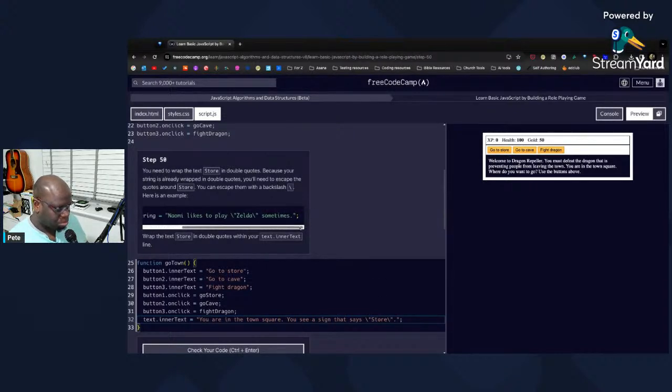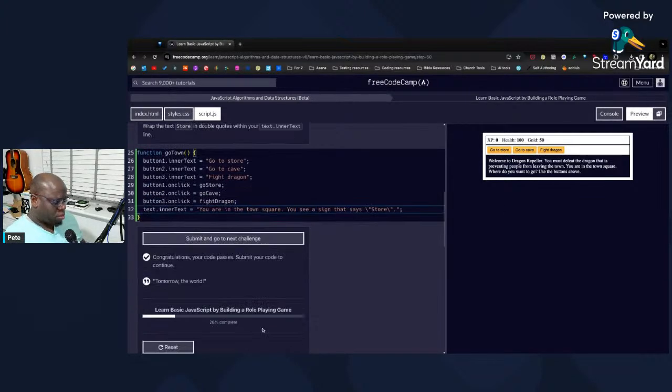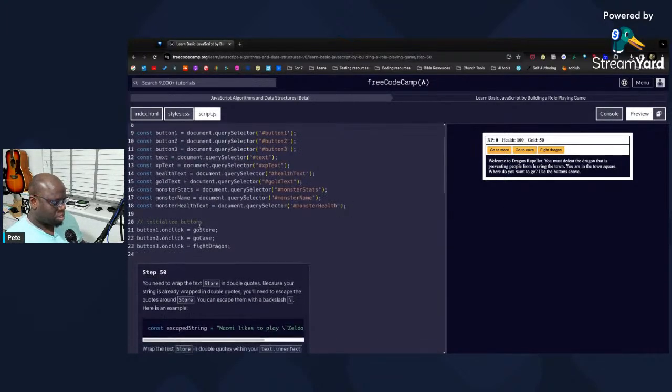Because in as much as we want this to say store, we also don't want these wrapping quotation marks within to be interpreted as like a string within a string, which doesn't make sense. So cool. Alright, and that was step 50,